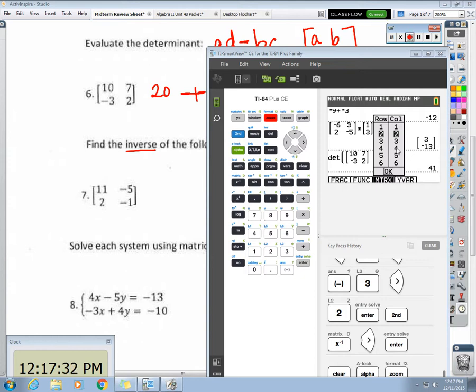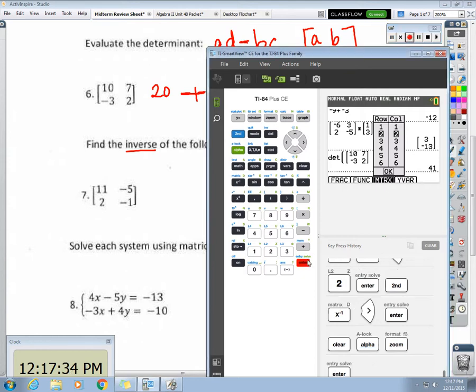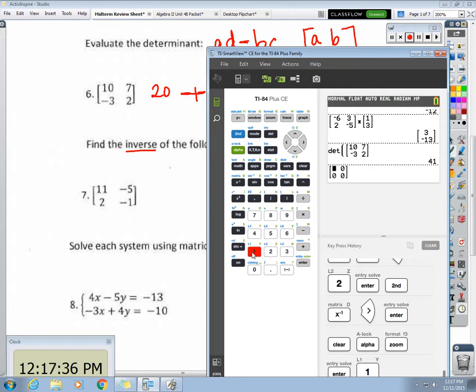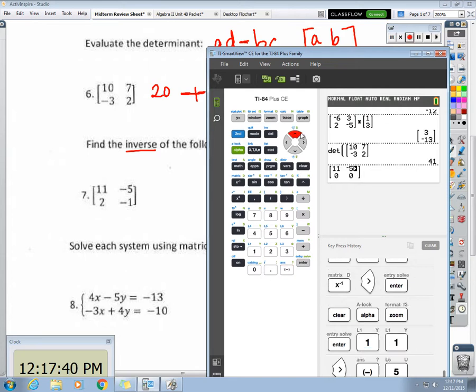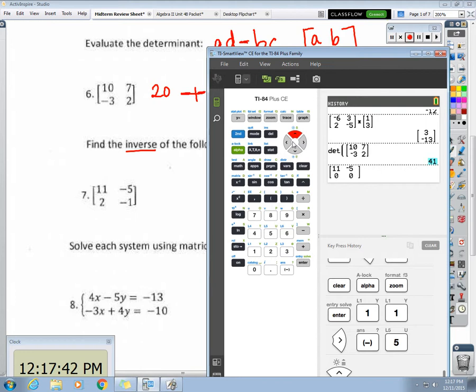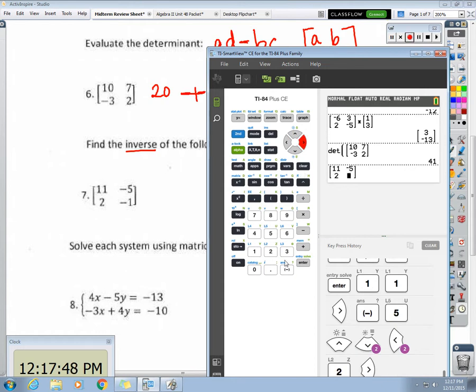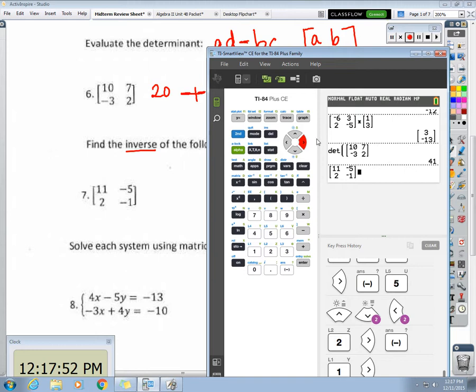Okay, so we're dealing with a 2 by 2. Its elements are 11, negative 5, 2 and negative 1. Now, instead of going through all the trouble of 1 divided by the determinant times the